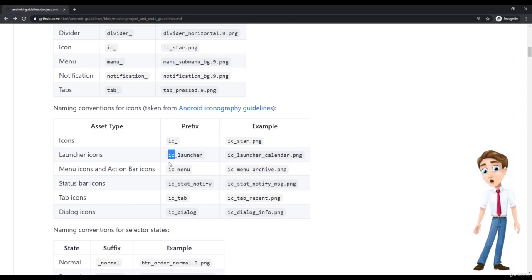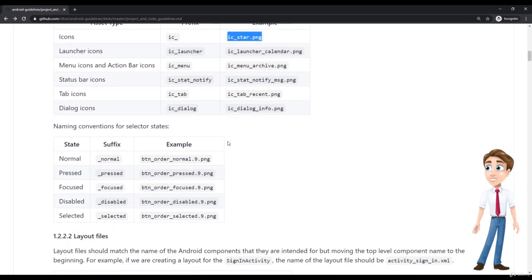But still, if you are importing them for a project, like from an external resource, you should make sure that you have some kind of styling for the namings. For example, the icons always start with icon and then underscore, and you can see here we have an example. Now, for selector states, this is pretty important as well. It's easy for you to identify which state is which, and you have all of these selector states here and all of these examples, and maybe you can identify and implement this in your project as well.